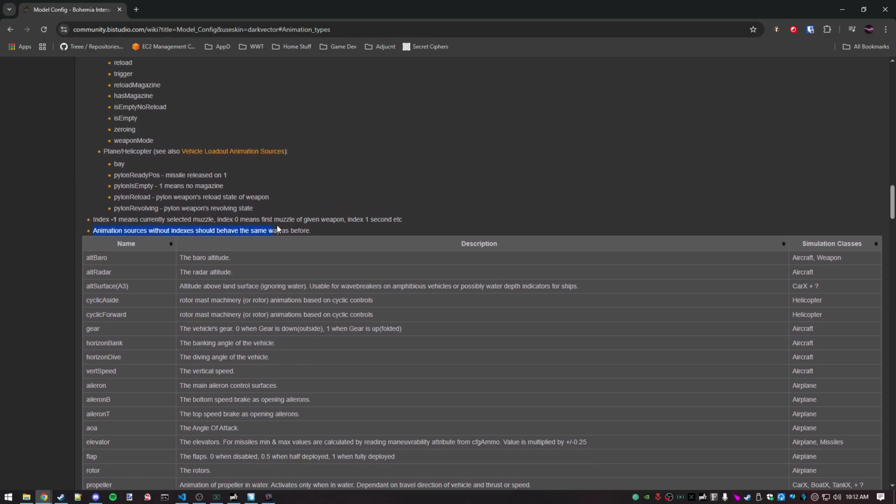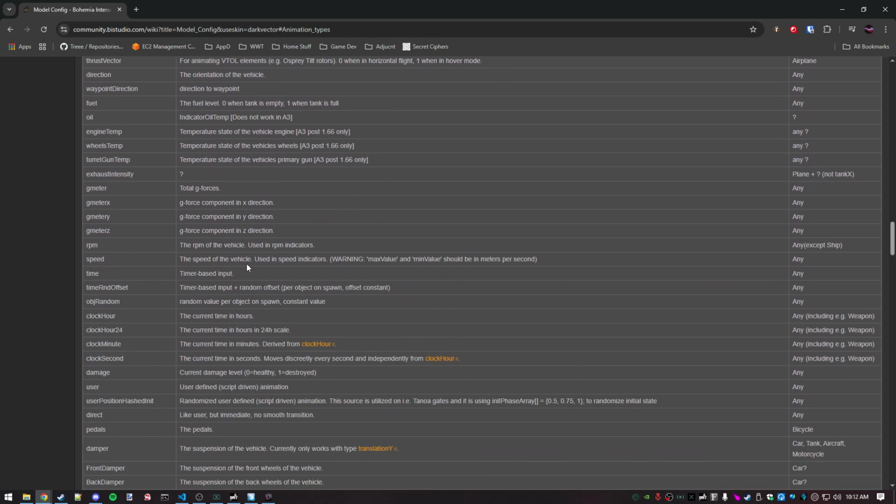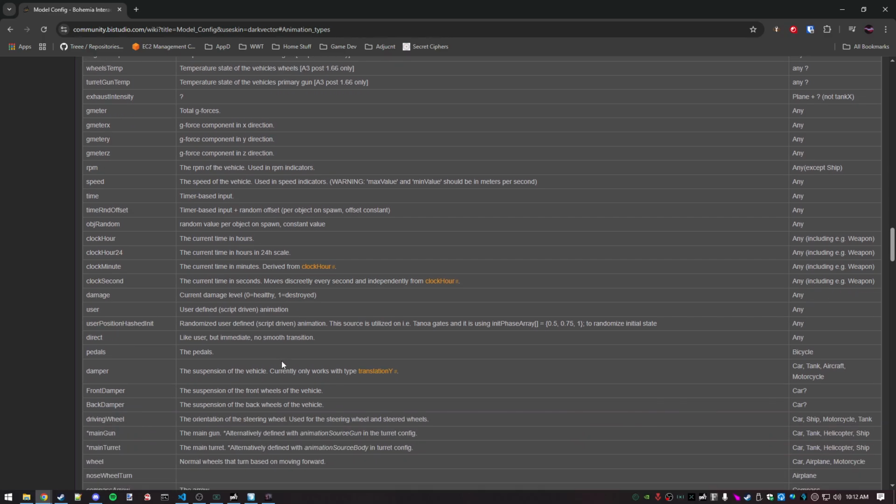So not all of these exist in Daisy, but a good amount of them do, and it's a really a matter of just experimenting and seeing which ones work. But as you'll see, I use the source time, and here it's time-based input, basically making sure the animation is always running. But if you notice down here, there is also script-defined animations, or script-driven animations, and the source requires